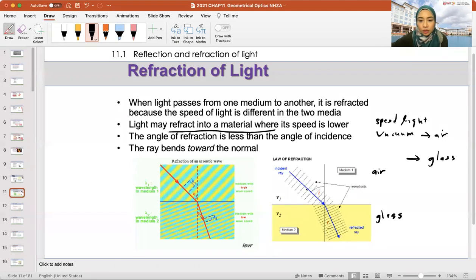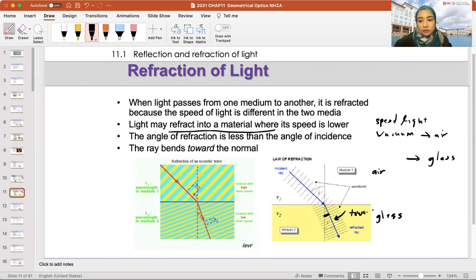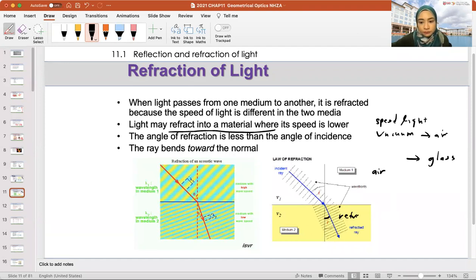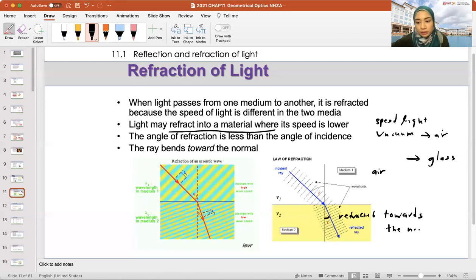So when light travels through a medium that has a higher index of refraction, it will travel slower. When it travels slower, the ray will be refracted towards the normal, because it becomes slow, and the angle reduces. So you can guess already what happens when it travels from a medium of high density to a medium of lower density,